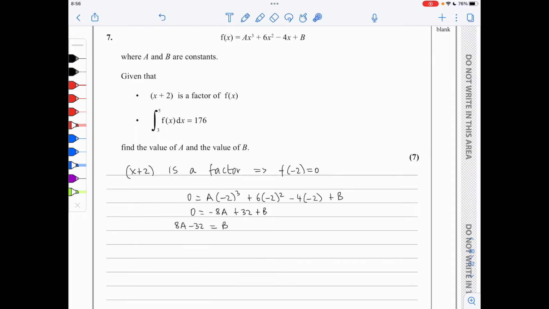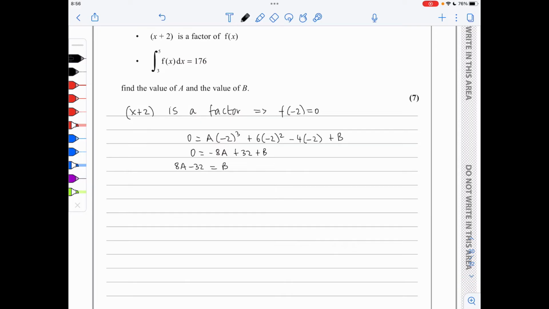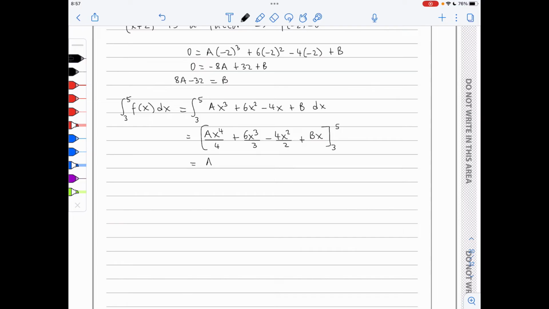The second piece of information is that the integral of f of x from 3 to 5 is 176. So we could integrate this from 3 to 5, f of x dx is the integral from 3 to 5 of Ax cubed plus 6x squared minus 4x plus B dx. This gives Ax to the power of 4 over 4 plus 6x cubed over 3 minus 4x squared over 2. Remember, we are increasing the power by 1, dividing by the new power. The limits are 3 and 5. Now this simplifies into Ax to the power of 4 over 4 plus 2x cubed minus 2x squared plus Bx